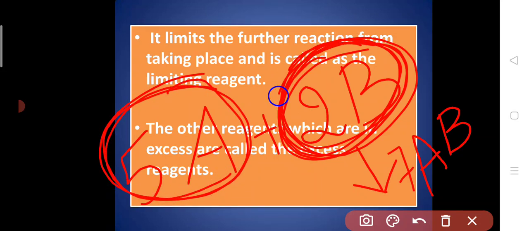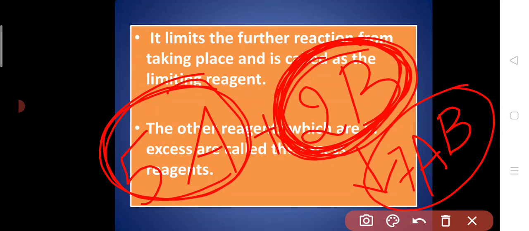So what will happen, the product formation will happen only until the amount of this reactant present is completely consumed. Then my reaction has stopped. But this one is still present in excess for me. A is still present in excess. So that is the excess reagent. But this is present in lesser amount and it has been consumed completely to form the product. So that limits the reaction. So what does it do, it does not let the reaction go on to completion, because it is in lesser quantity, it has limited the formation of the product.